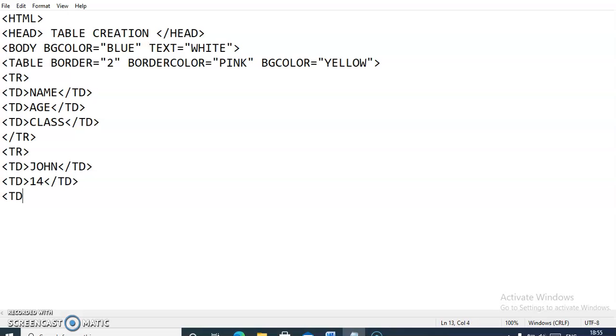Then next class. Here I am giving 10th. Now td close. Now after that I have finished the second row, so I am closing the second tr here. Then for the new row I have to start a new tr, then td, and now I am giving the name Jack, then